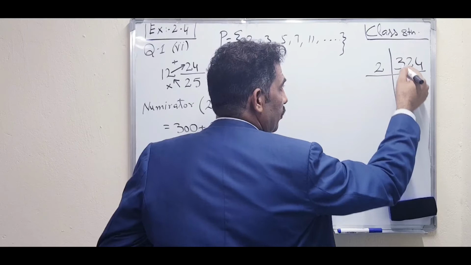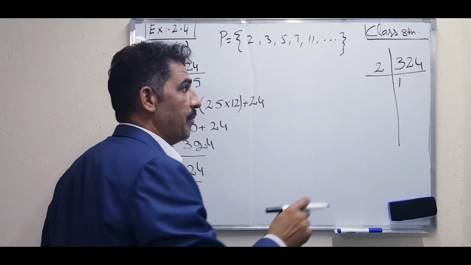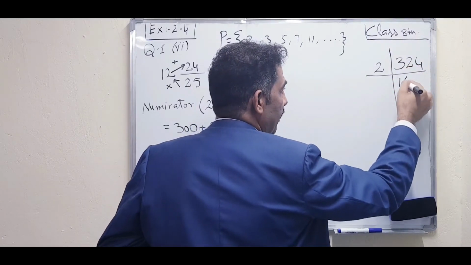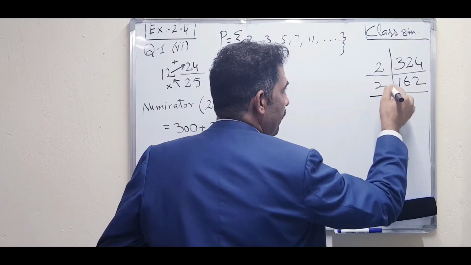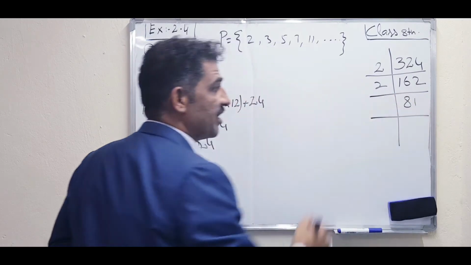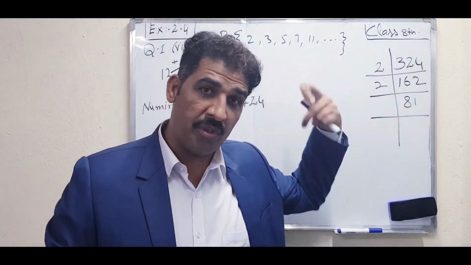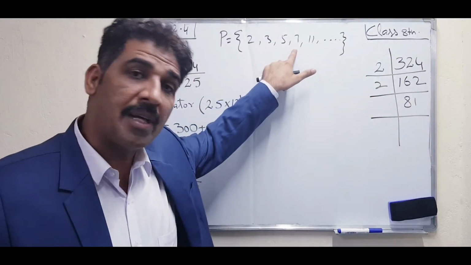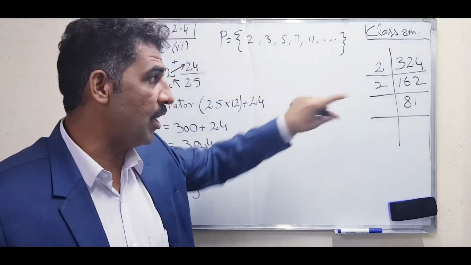So 2 ones are 2, 3 minus 2 is 1, remainder 1 combined with 2. 2 sixes are 12, 2 twos are 4, again 2, 2 eights are 16, 2 ones are 2. Now it is not divisible by 2. Here 9 nines are 81, we know that, but you cannot do that one. Why? Because 9 is not a prime factor. Okay, what is the prime factor? 3. So you have to divide it by 3.